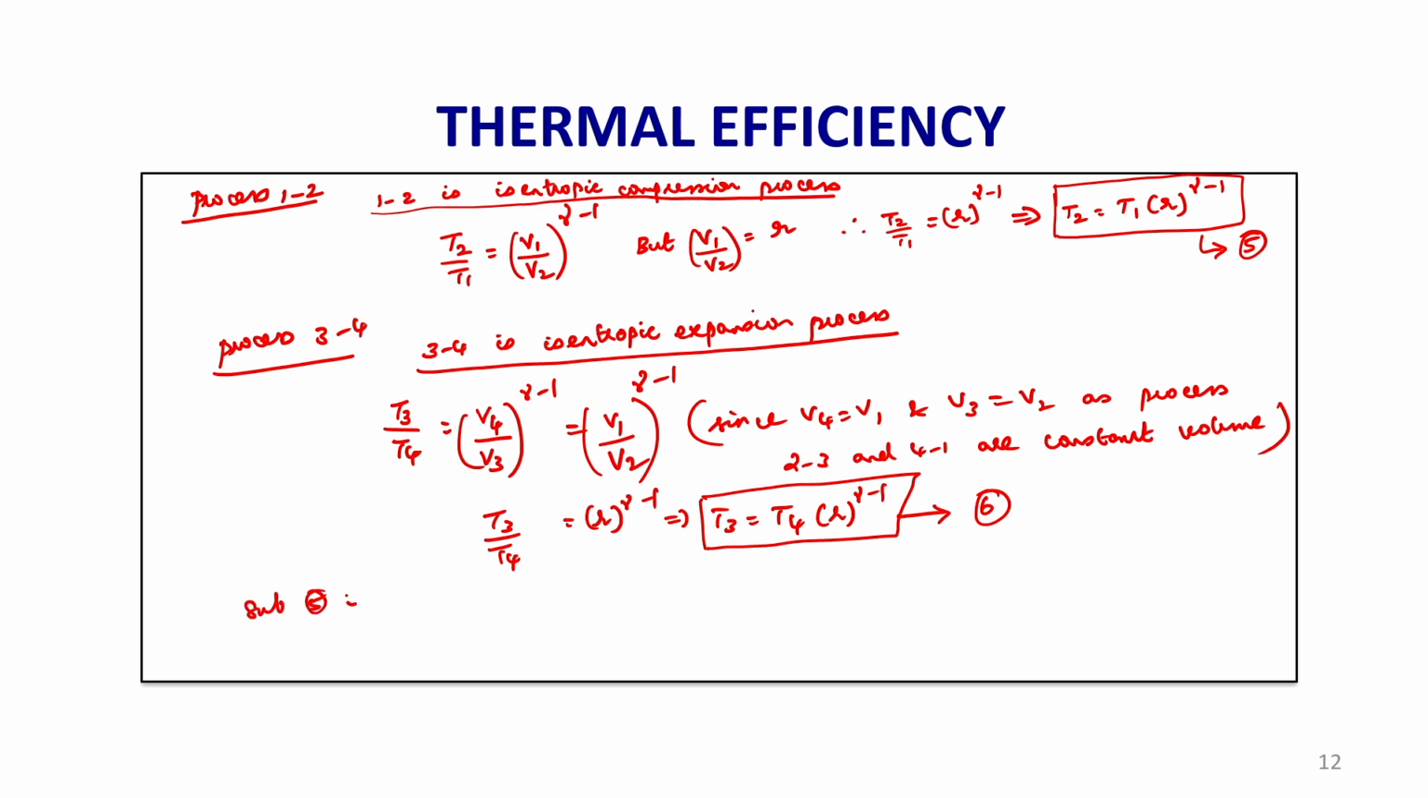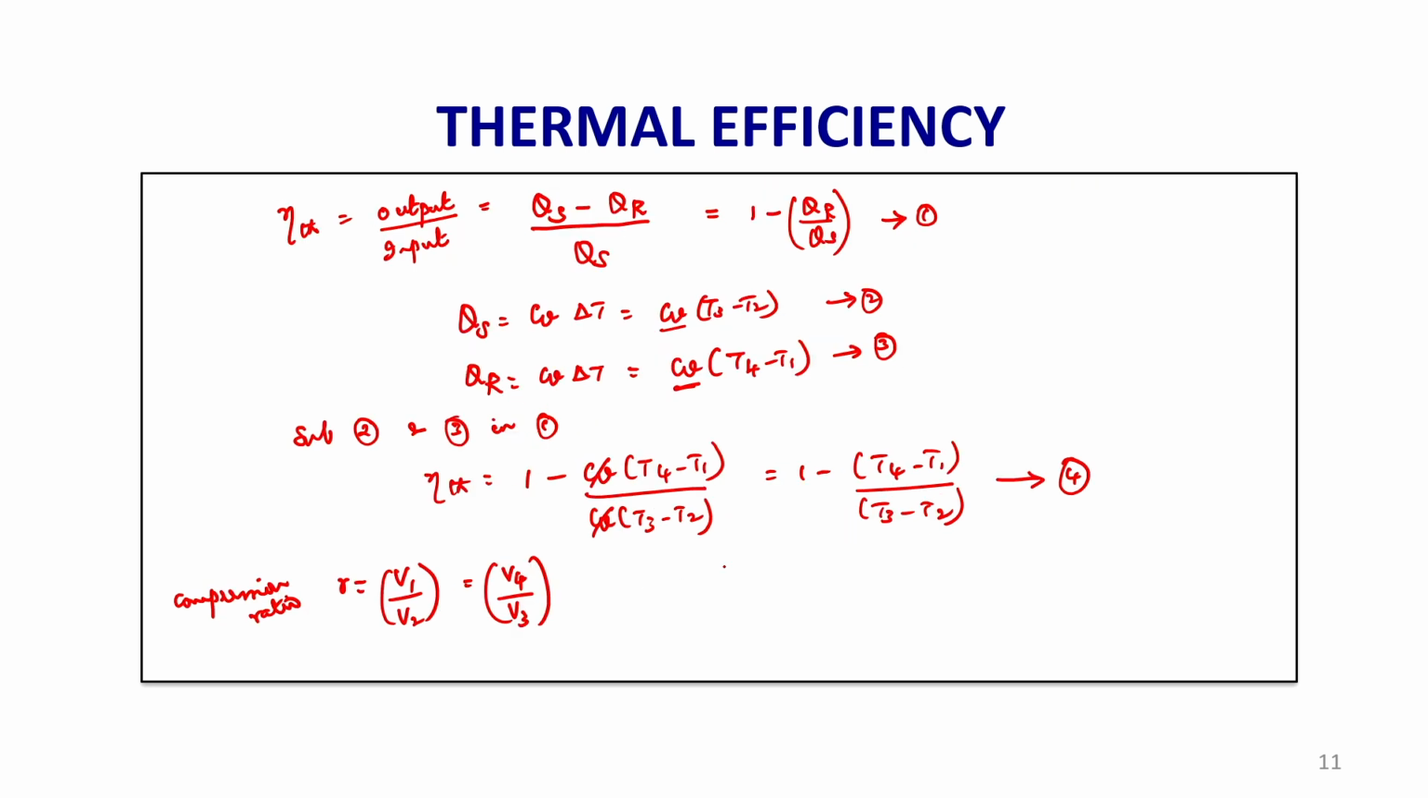Substitute equations 5 and 6 in equation number 4. Therefore, thermal efficiency is equal to 1 minus the numerator. There is no change in the numerator, because I have expressed T2 in terms of T1 and T3 in terms of T4. So, only in the denominator of equation number 4 will I be substituting. There is no change in the numerator term. 1 minus